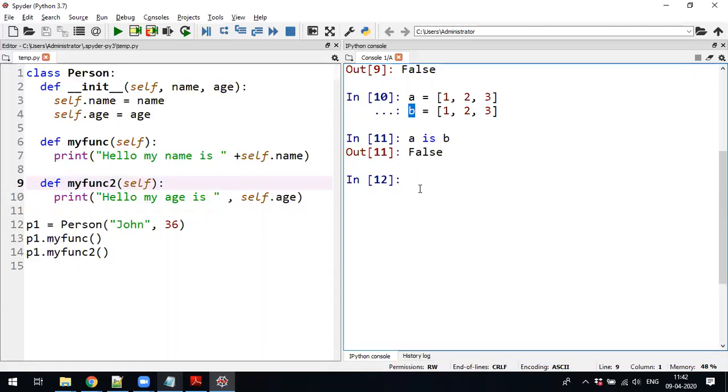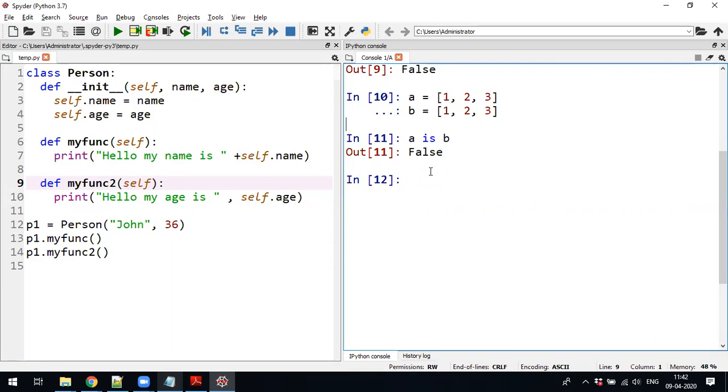Why they have done it like that: the sequence of elements matters, so it cannot be the same. One can be 1, 2, 3 and another can be 3, 2, 1. Our assumption is that one contains only 1, 2, 3, another contains 3, 2, 1, the same elements, so it should give true. They are equivalent. Both lists are equivalent, but you cannot call them identical.